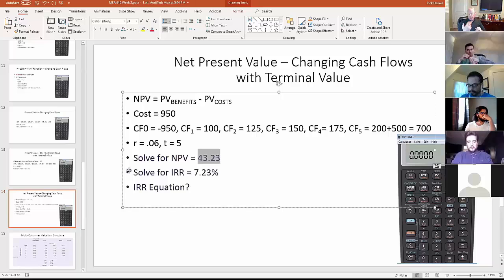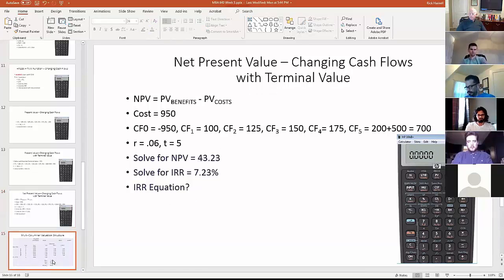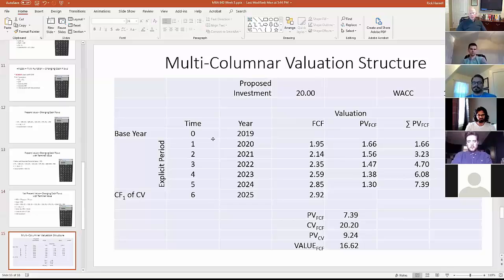All right, so we're going to come back in a few minutes to this notion of decision criteria. Let's move to what I refer to as a multi-columnar valuation structure. I'll show it to you here, and then we're going to move to the Mira-Dravana case. When I say multi-columnar, I'm showing you everything I possibly can here so I can see exactly how this valuation